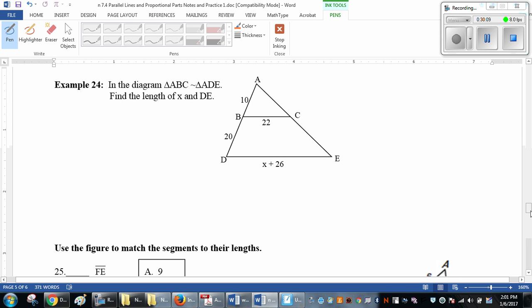Example 24. Now, again, we know these triangles are similar. So if we know these are similar, now we can set up our proportions, okay? But again, we can't use side splitter because this is a whole side. So we use whole side. Identify those corresponding parts, whole side, 10 plus 20 is 30. That's what we're using. So when we set up our ratios, 30 in the big triangle corresponds with